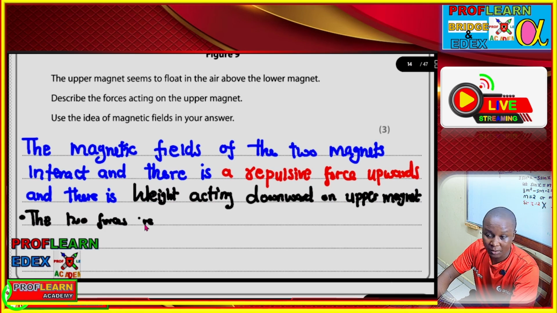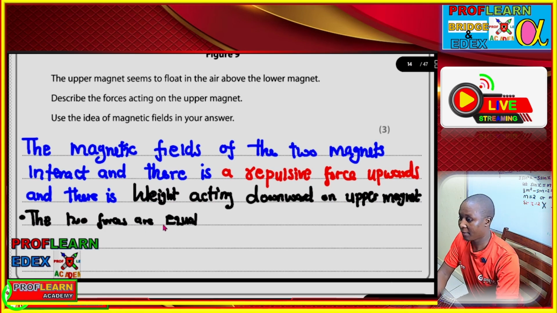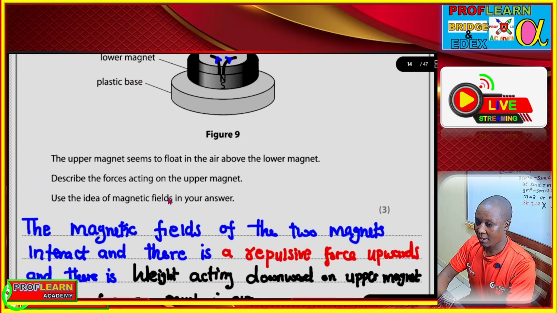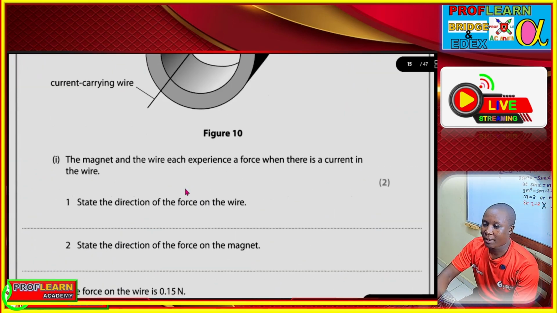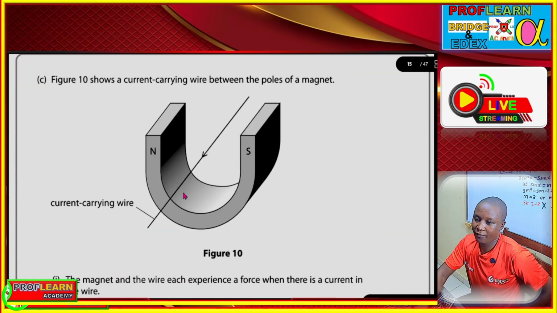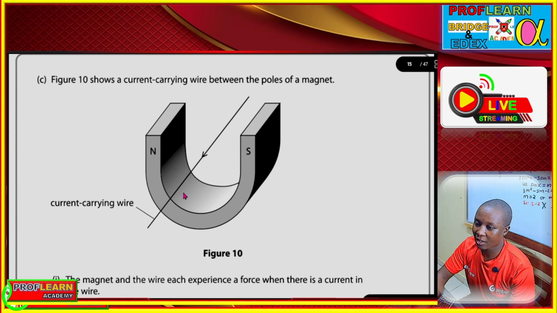That's basically what we're going to say in that particular part. Right. Yeah, so let's move to another area here. We are told the figure shows a current carrying conductor, a current carrying wire between